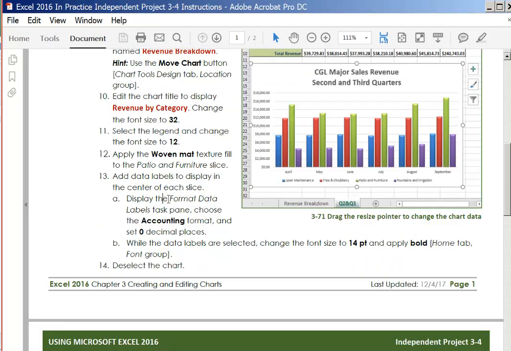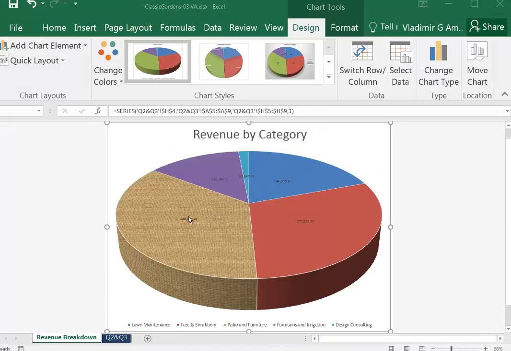Next, display the format data labels task pane and choose the accounting format and set to 0 decimal places. Okay, so we need to click on one of the labels. So I clicked right now, which selected the whole chart. Click again on one of the labels and it'll select all the labels. Then right click,